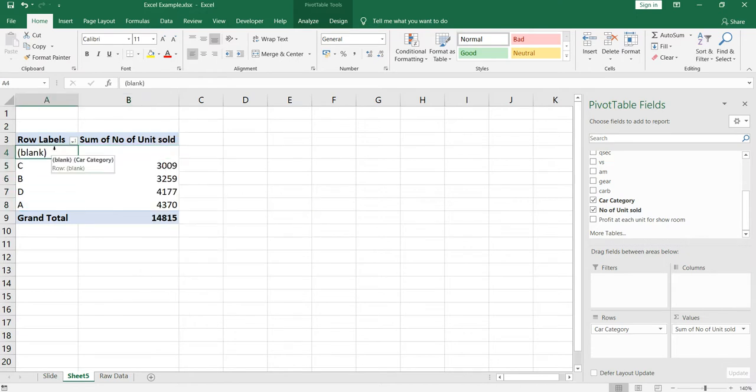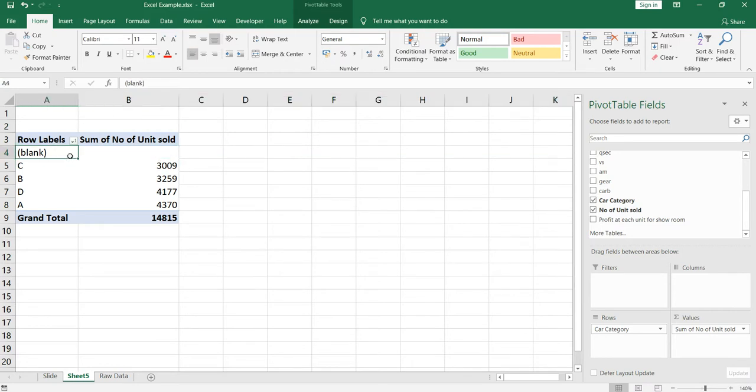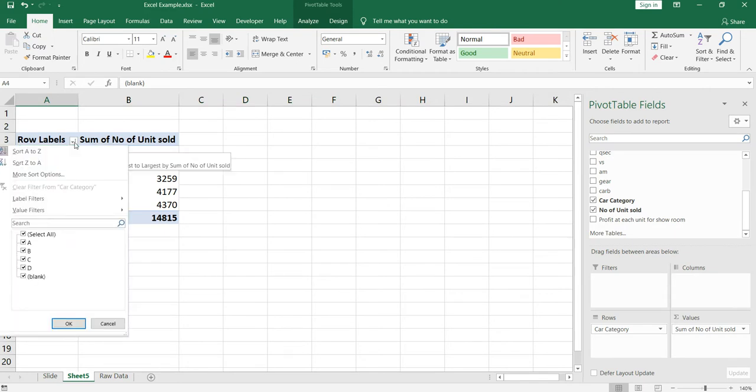Right now we are getting a blank row because we were discussing our first option, where our data can increase. If I do not want this blank to appear here, I'll go to this small drop down menu. This gives you a filter option by default, and you won't be able to remove this filter option from a pivot table.